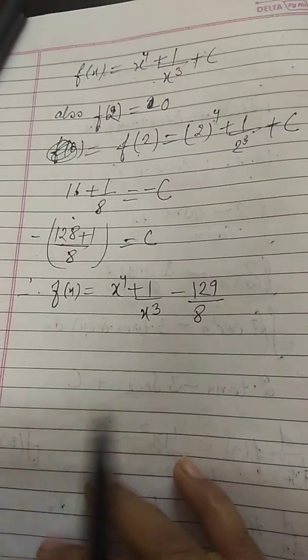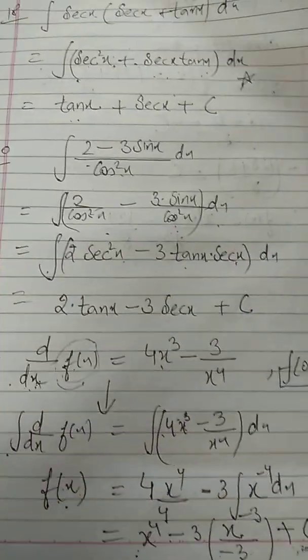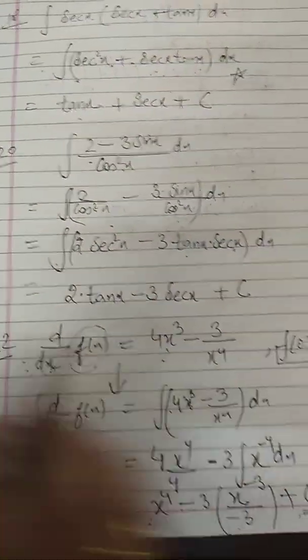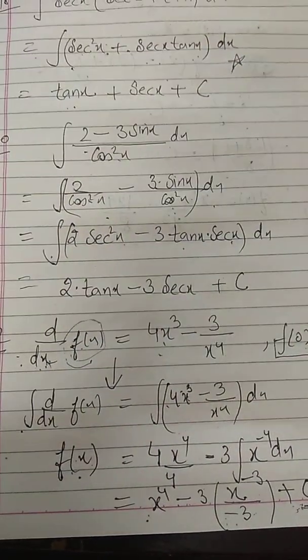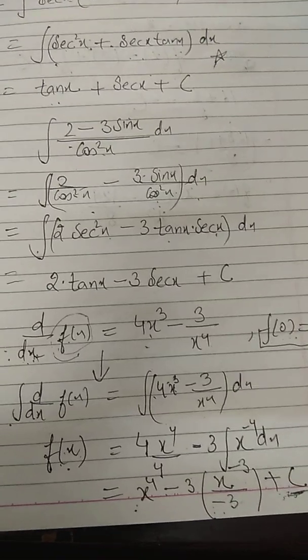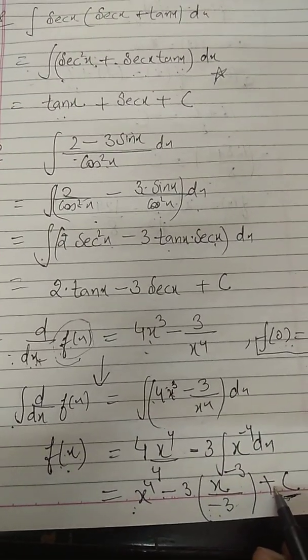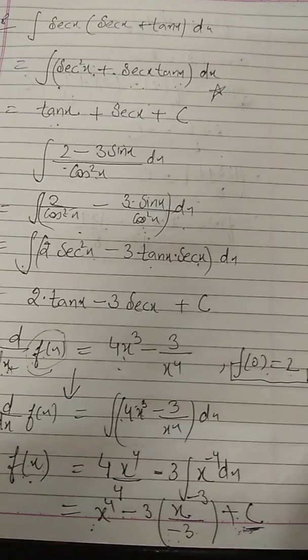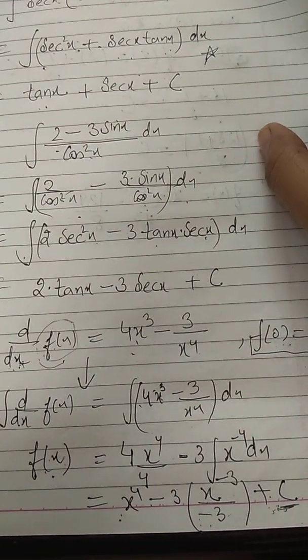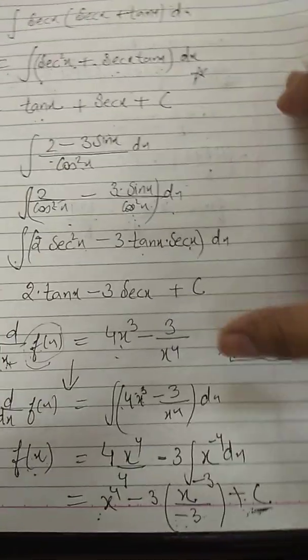So what we have done here, first of all, we are finding the function, because we have to find the original function, and the left hand side is given as the derivative, the right hand side is the function. So in order to remove the derivative, we will integrate both sides. Once the integration is done, we get this c, the constant of integration, and we have to remove this c because we don't need the function in terms of c. So for that, this condition is given here.